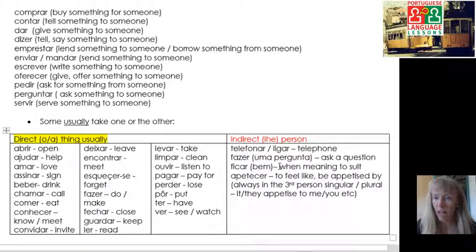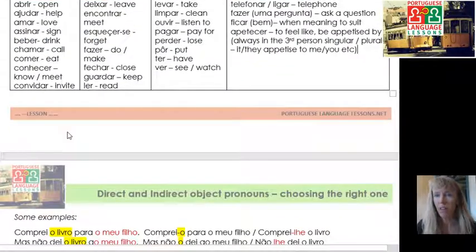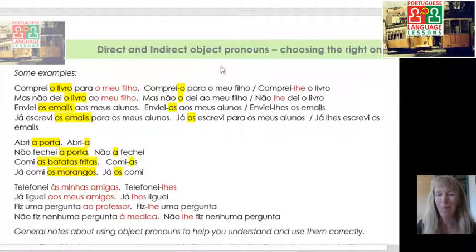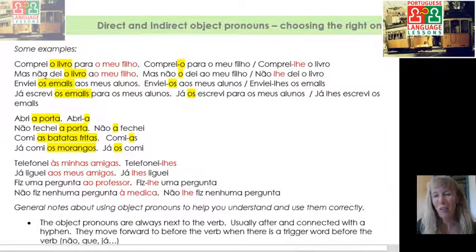Okay, let's look at some examples, because often the theory is all well and good, but the examples help us the most. So, comprei o livro para o meu filho. Comprei-o para o meu filho. Comprei-lhe o livro. Mas não lhe dei o livro ao meu filho. Não dei o livro ao meu filho. Mas não o dei ao meu filho. Não lhe dei o livro. Okay. In this video, I'm not talking about putting these two object pronouns together, because then that's entering another world